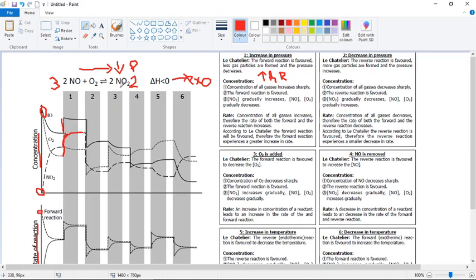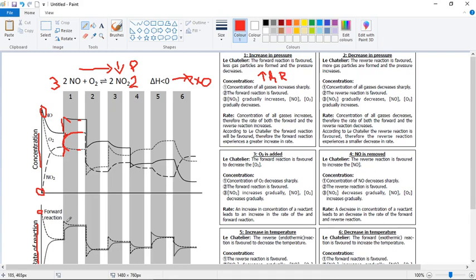At the same time, to make nitrogen dioxide, the nitrogen monoxide has to go down and the oxygen has to go down. And then we have reached a new equilibrium state here, but you can see the new equilibrium state has a higher concentration of nitrogen dioxide than the previous state. The previous state was there, now it's here. Then if you look at the reaction graph,